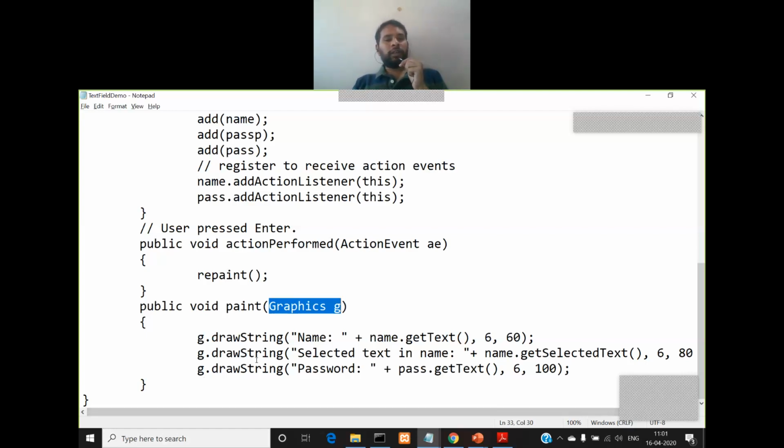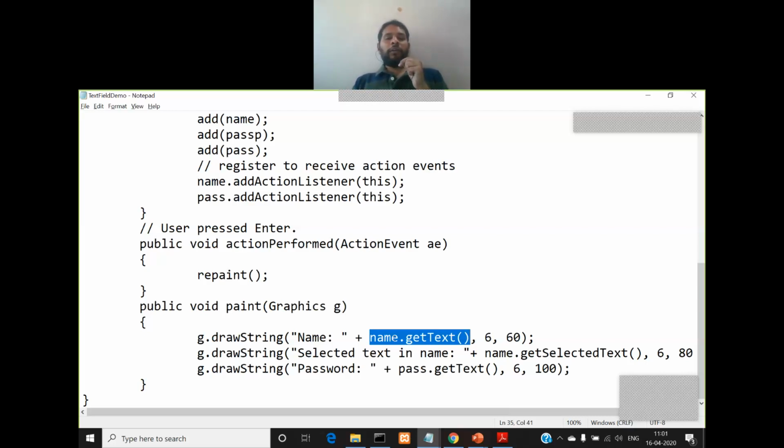So use that graphics object g and call the drawString method. The first parameter is whatever string you want to draw on the screen, and I'm concatenating it with the value returned by the getText method. The getText method is part of the TextField class, right? Using which you can obtain the text that is entered in the text field.